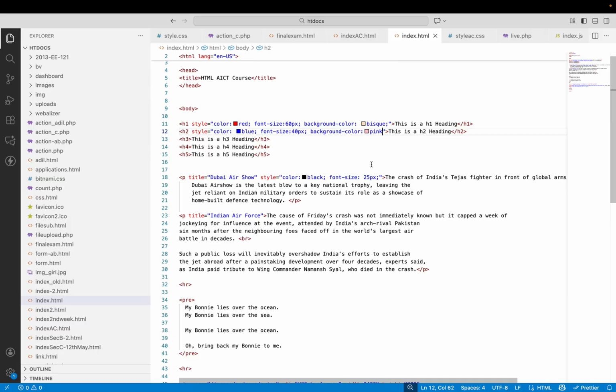One is the background color, as I just showed you, and you can have many different colors over there. Let's say you can even apply this background color on this paragraph. In the styling property, you have the color and the font size over there. Let's say I want to change this background color and give it tomato. Tomato is actually a fruit, but it's a color as well, and its name is given because of the color of this origin. So when I go back to my page and refresh it,